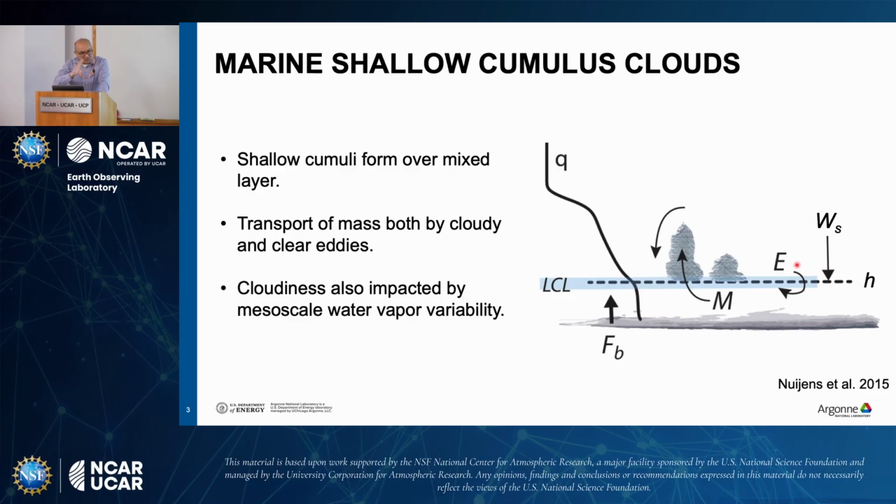So a lot of questions happening in this case. What is the difference between the clear and cloudy eddies? Why do some eddies form clouds, why do some not? That's the main question. Are they more moist? Do they have more vertical velocity, etc.? We don't know that. That's another question. And what is more important for cloud fraction, mass flux or its entrainment? How does the mixed layer changing both of these, mass transport, etc.? There are many questions in this case.